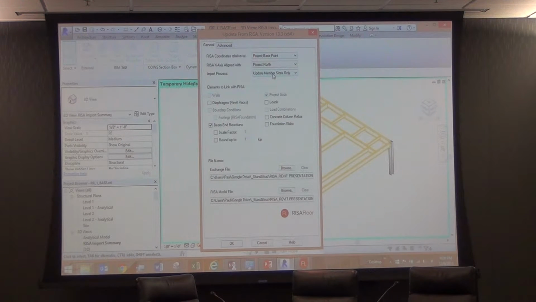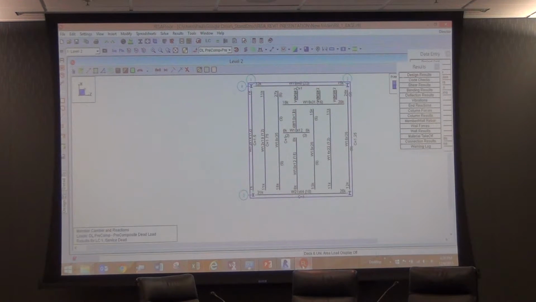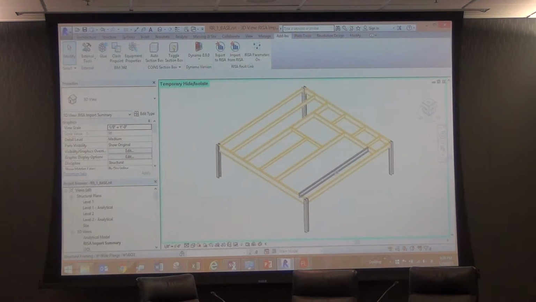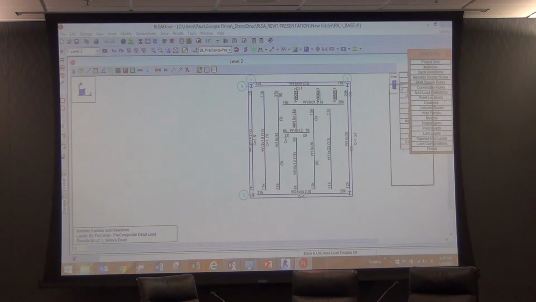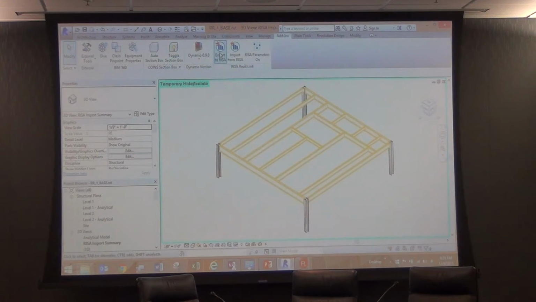But you can see here, it was able to, and actually it did, did I do, so interestingly, even though it said update member sizes only, it also moved this, no, wait, take that back. We did not move it in here. Okay, so this beam got updated, but it potentially is in the wrong spot. So the loading on this beam and this beam is probably wrong from our analysis. So now we've updated this, and the right thing that we need to do here is probably go ahead and close out of this, and I'm going to export to RISA again,